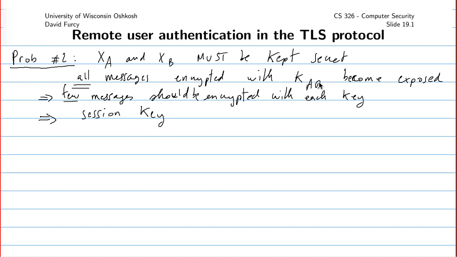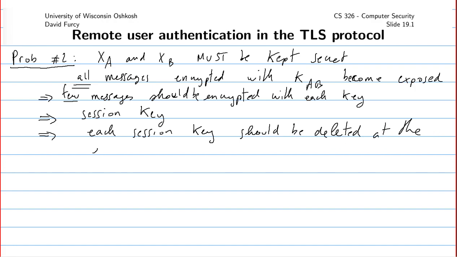But actually, there's something else that we need to do. Besides changing the key for every session, we should also delete each session key as soon as it's not needed anymore. So not only should the key be used for a short session and a small number of messages, but it's very important that the key be destroyed